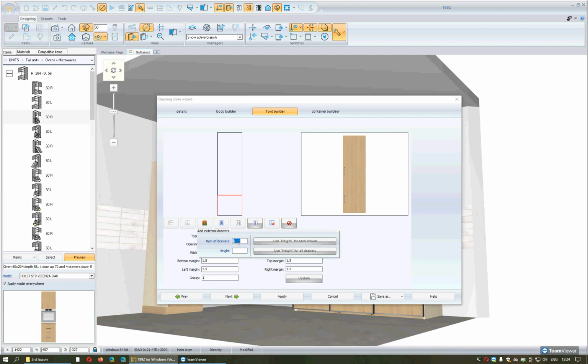I will add one by one. So first drawer, I want to have, for example, this height. And the second one, so I will select the part which I see on the top side of the drawer. You can see here its dimension. I will select again the third button and I will add another drawer at that height. Now I will select the other part of